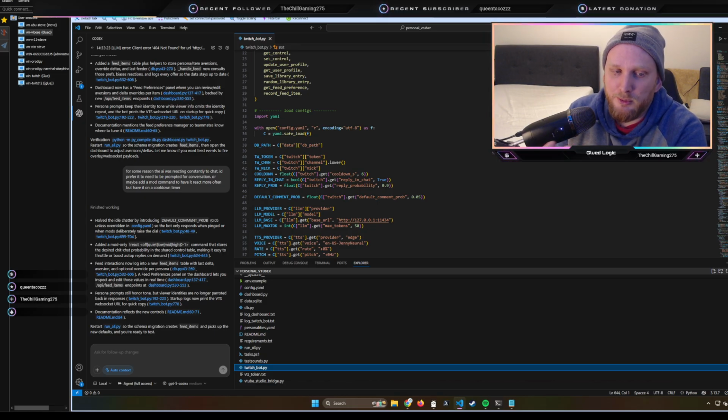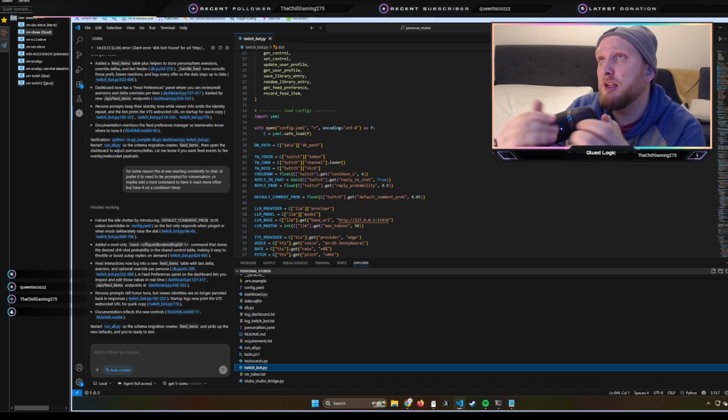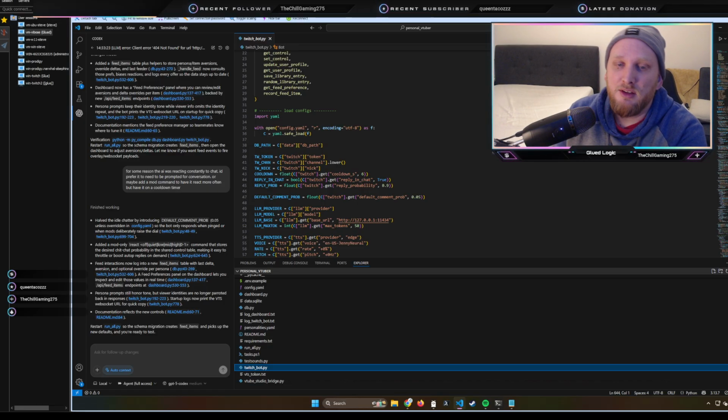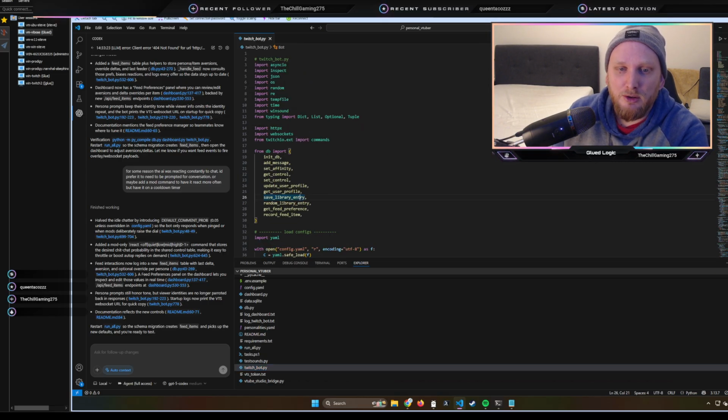I'm still pretty new to a lot of the programming stuff, but I've been around enough programmers and restructuring of code to go, hey, this doesn't feel right. We need to fix this. Especially with what I'm doing right now at work, I'm doing a lot of Python scripting, and I'm using a lot of ChatGPT to help build the structure of it. And then I'll have to go and review everything for security and just make sure everything's making sense. So that's why this is so much fun for me, because I can go, okay, we can